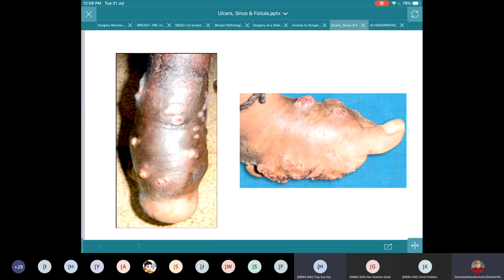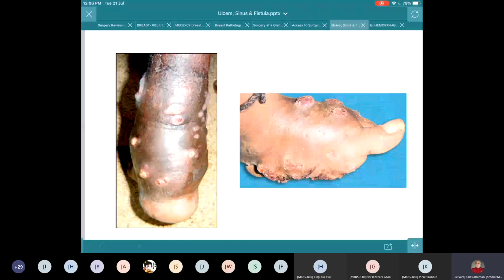So this is another patient with multiple sinuses over the foot. The patient is a farmer. He is walking barefooted, not wearing any footwear, over his lands because he is a farmer, and he developed multiple sinuses over the ankle joint. So what is your diagnosis? And these sinuses are discharging yellow color granules. Can you tell me now the diagnosis? Actinomycosis. Very good. Actinomycosis, they discharge these yellow color grains. Okay. What is the causative organism for actinomycosis?